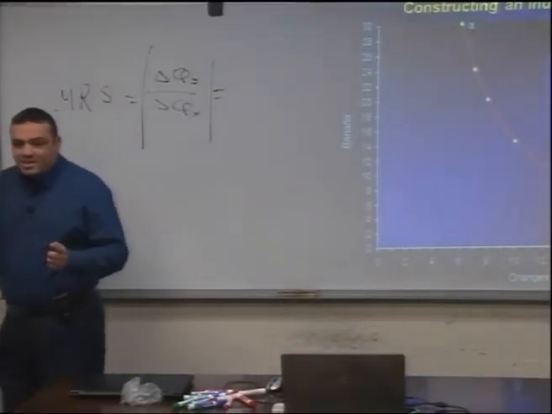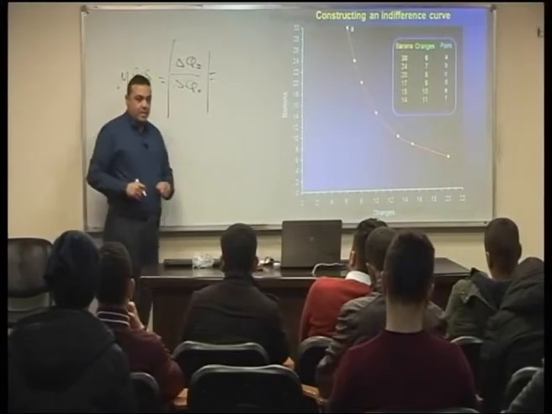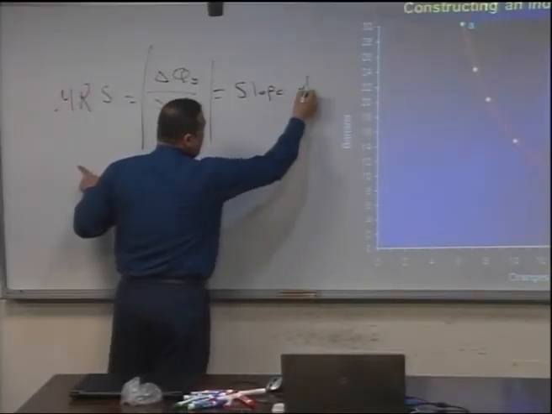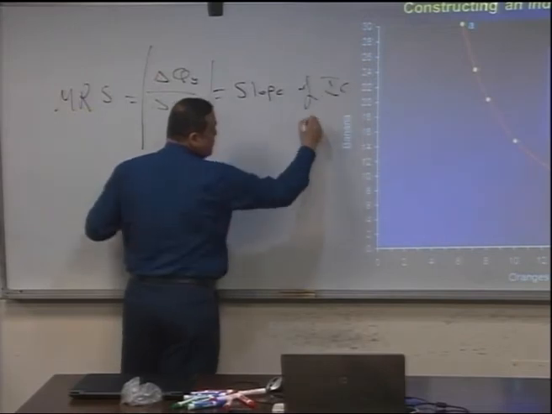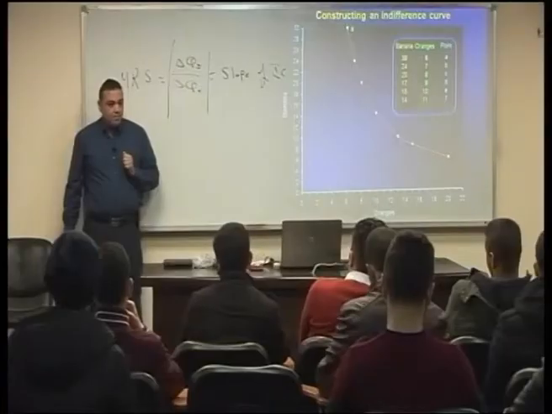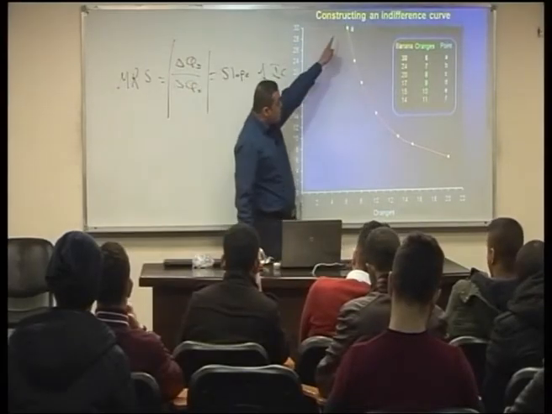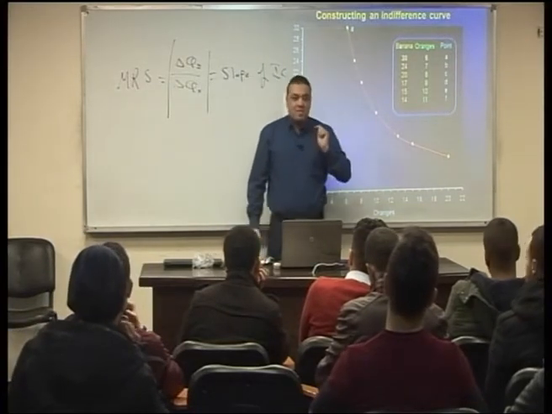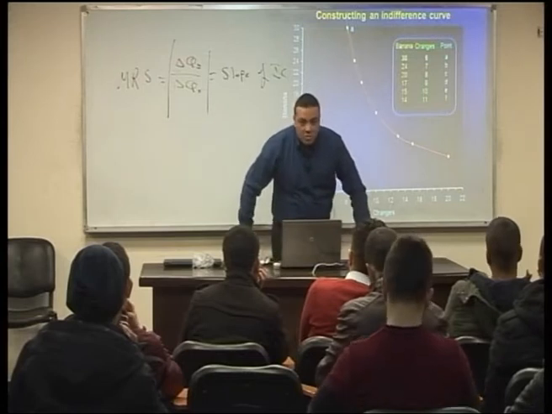It's always negative, but we ignore the sign here. So this is the slope of the indifference curve for the consumer. Okay? And we said that each point that lies along this indifference curve gives the consumer the same total benefits or